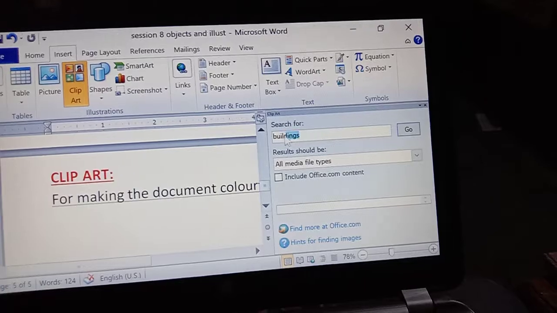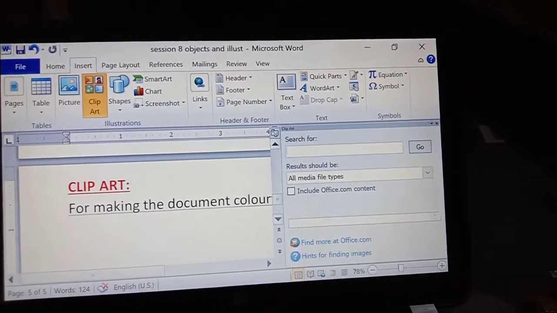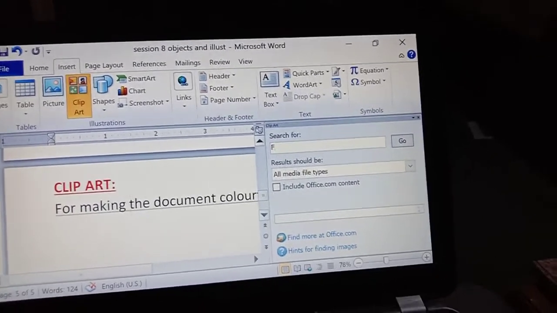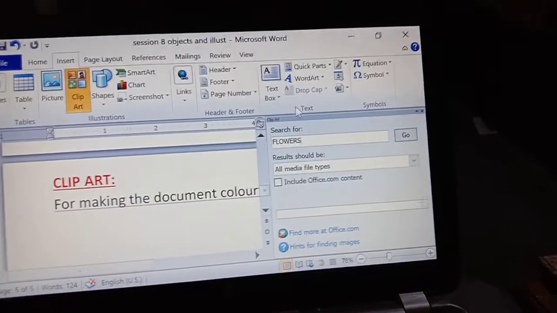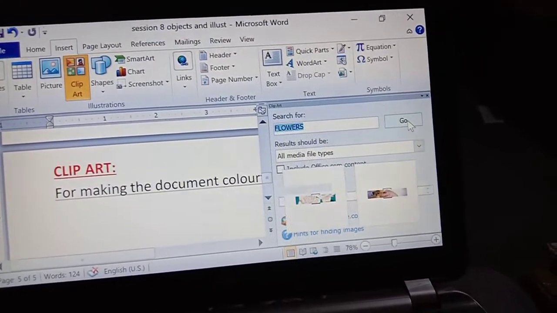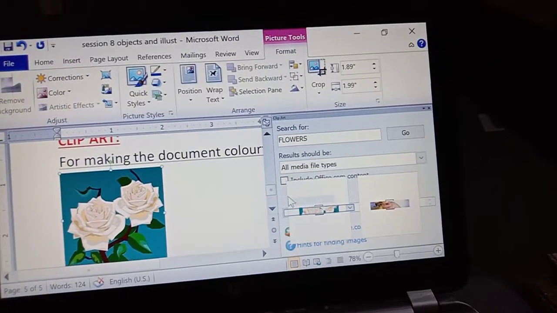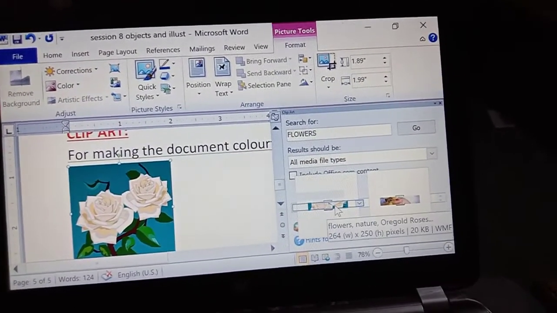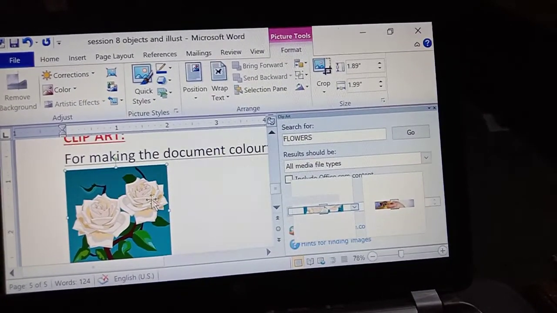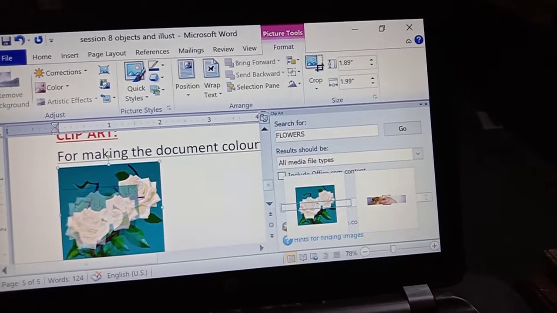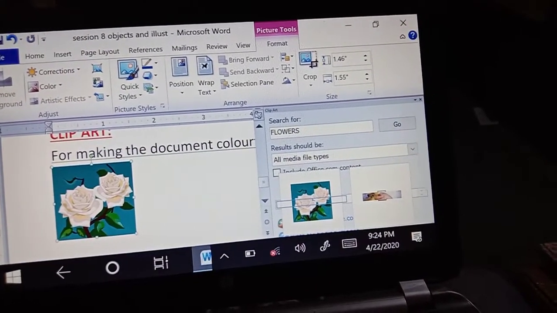In this I am typing, suppose I want flowers, and now I am clicking on Go. See, flowers, and you click on this one. Automatically, whatever you have clicked, that particular clip art will be inserted in your document. We can increase or decrease the size by dragging the mouse.